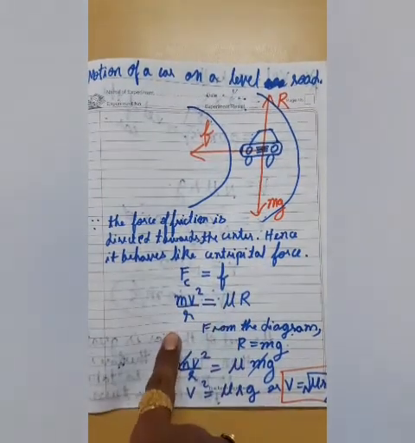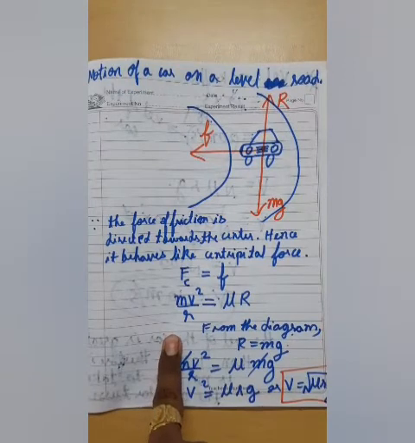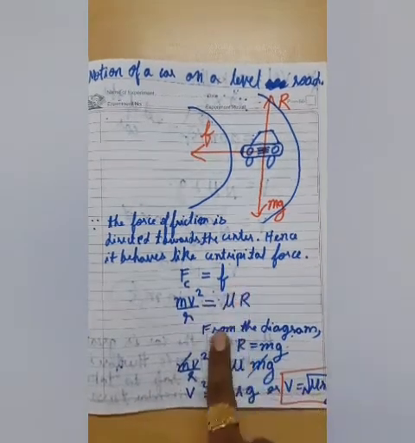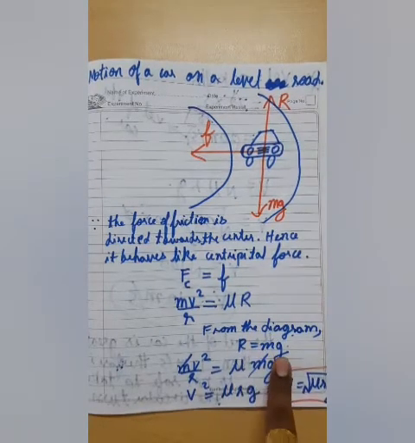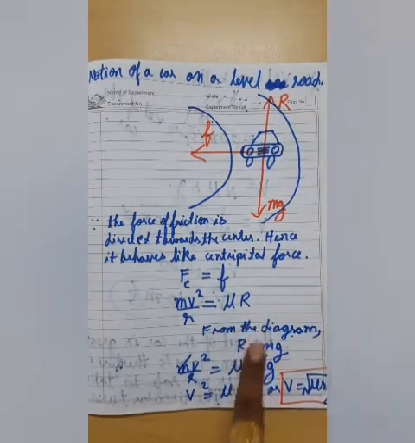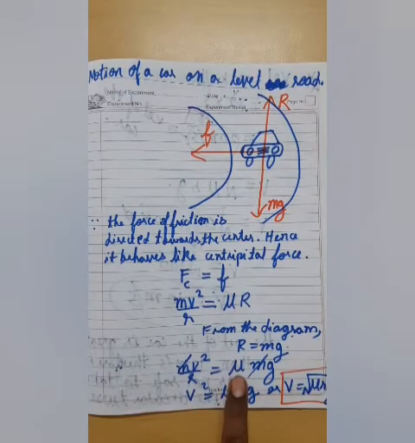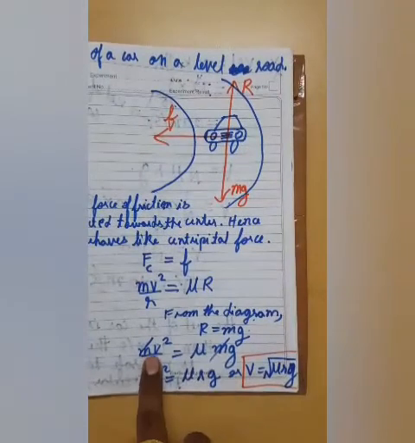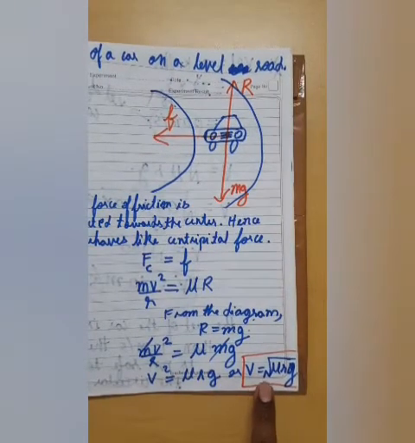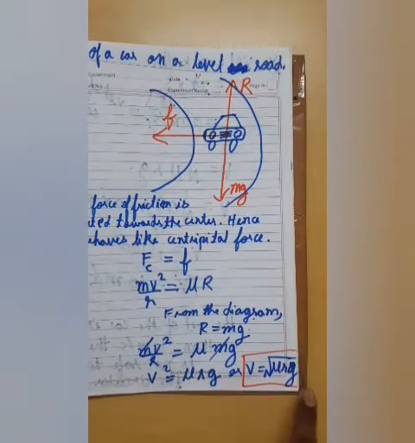Okay. What is the expression for centripetal force? It is mv square by r, where for friction it is mu R. ठीक है. So we already know that R is equal to mg. We can put the value of R over here, because of which it becomes mu mg. Okay. Now after cancelling out m and m, we are left with v is equal to under root mu rg. This is the minimum velocity with which a car could negotiate a circular turn safely.